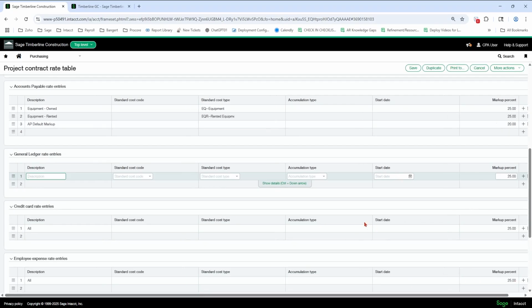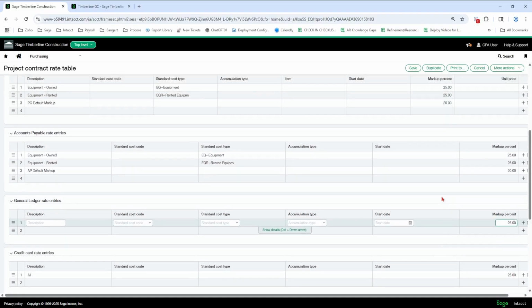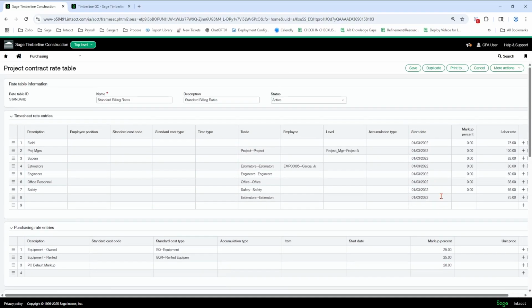Make it pretty generic. With rate tables, what happens is the markup percent, the markup, overhead, whatever you want to call it, fee, profit, lots of different terms for that. You cannot have that show on the bottom of the AIA if you put it in the rate table. So this is going to follow the cost.